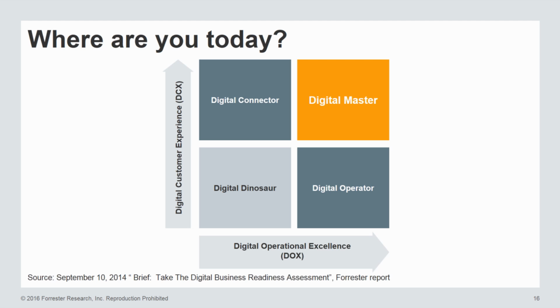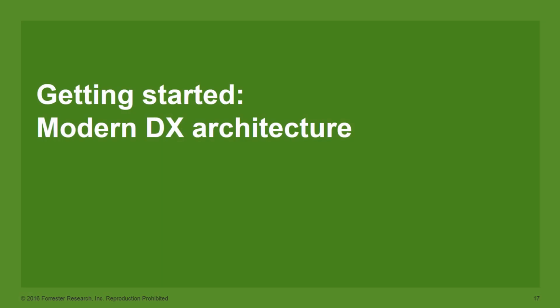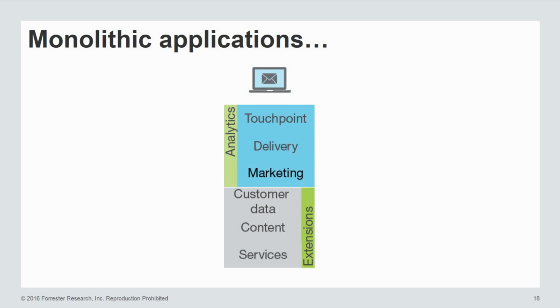And maybe it's honestly a little unclear where you are today, and you're wondering how to get started. Well, from Forrester's playbook, we are focusing on an architectural view of assembling your technologies and your capabilities to serve customers on digital touchpoints. To better understand that, I want to look back at how we used to buy and implement technology. It was about the monolithic application.